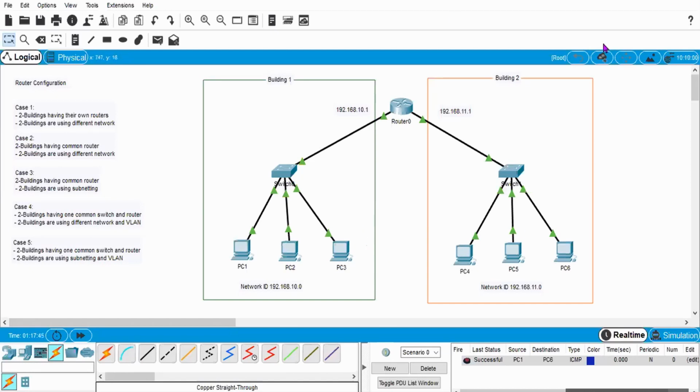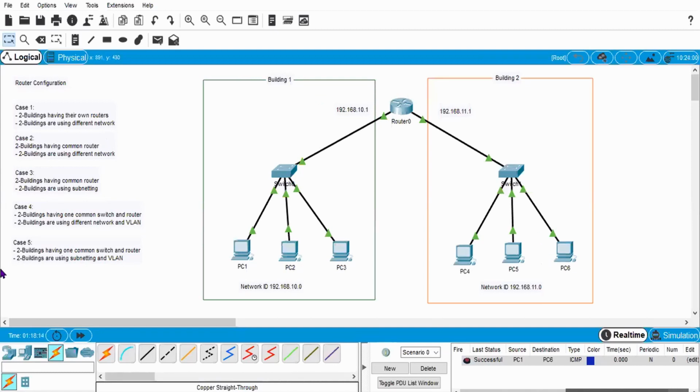For ease of convenience, or for remembering those things in an easy manner, I'm defining the default gateway as one, my first address. Okay. So this is the case of when two buildings are connected with a common router.